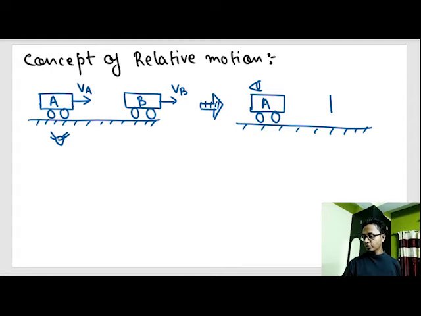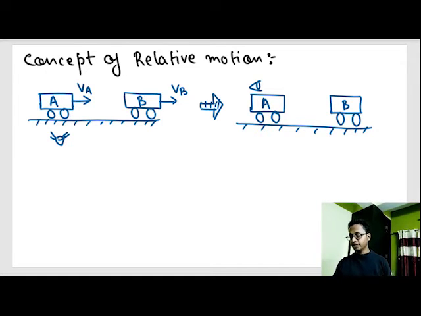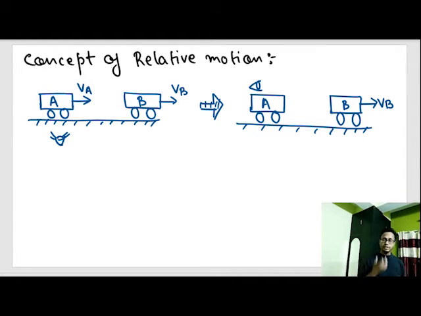Now what would be the velocity of car B with respect to your eyes? That means how are you looking at the velocity of car B with respect to you? Okay. So whenever you are shifting the frame of reference, the easiest trick is to reverse the velocity of the frame and apply it to all other remaining bodies.